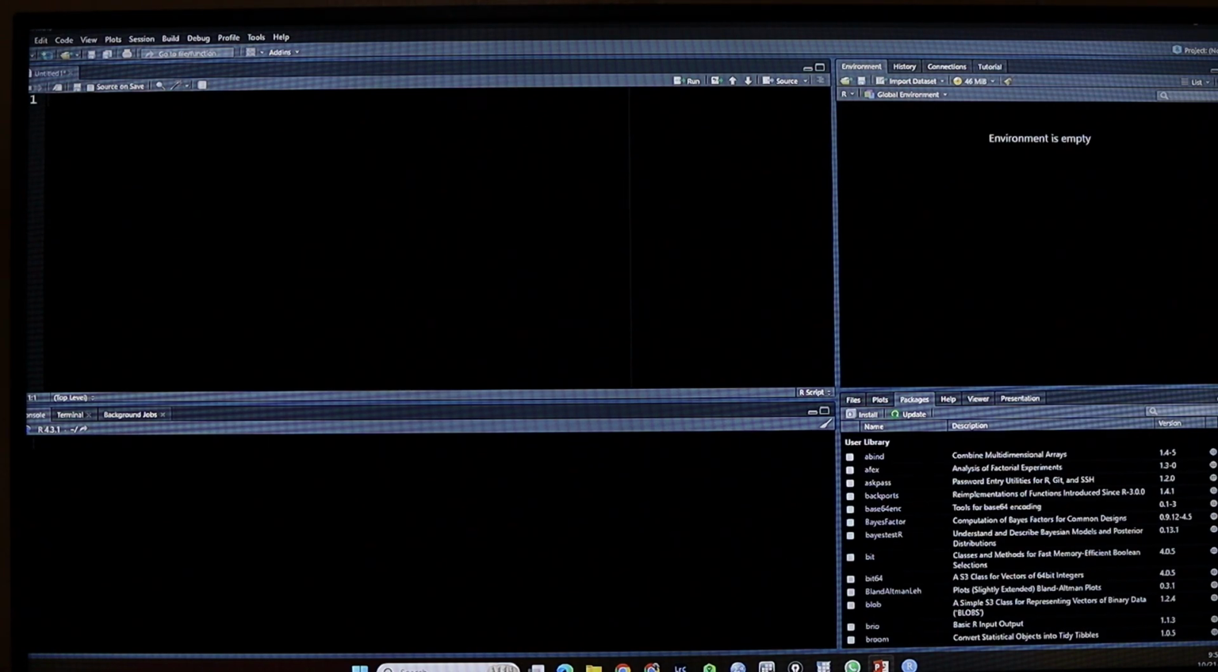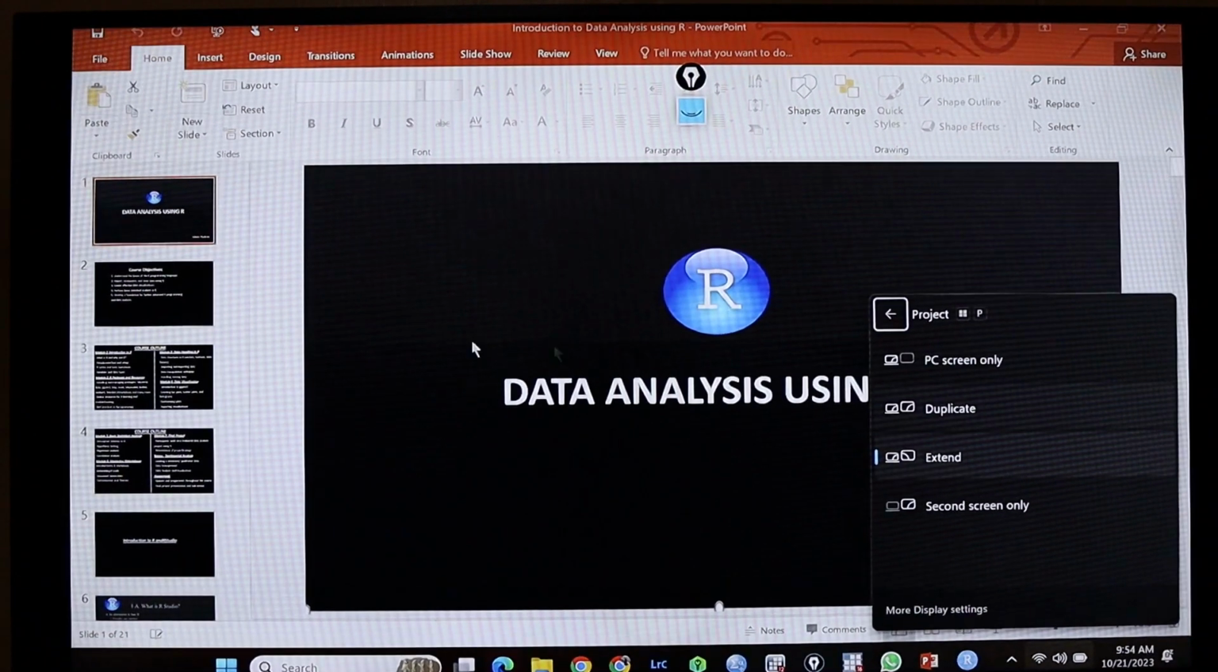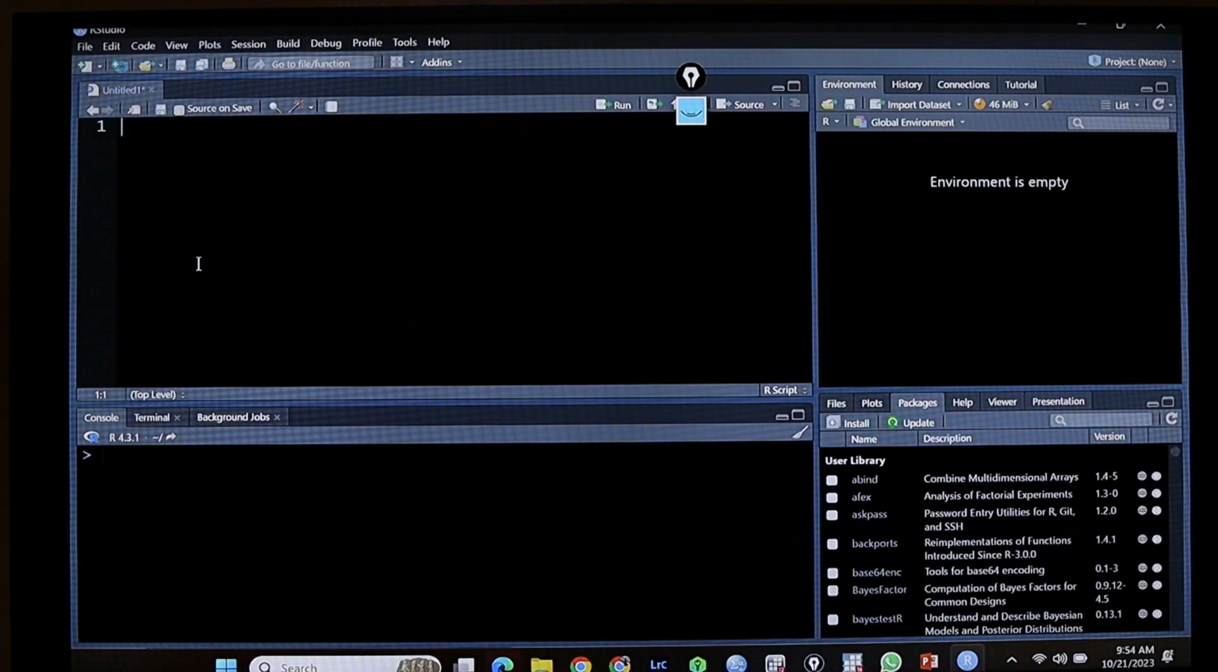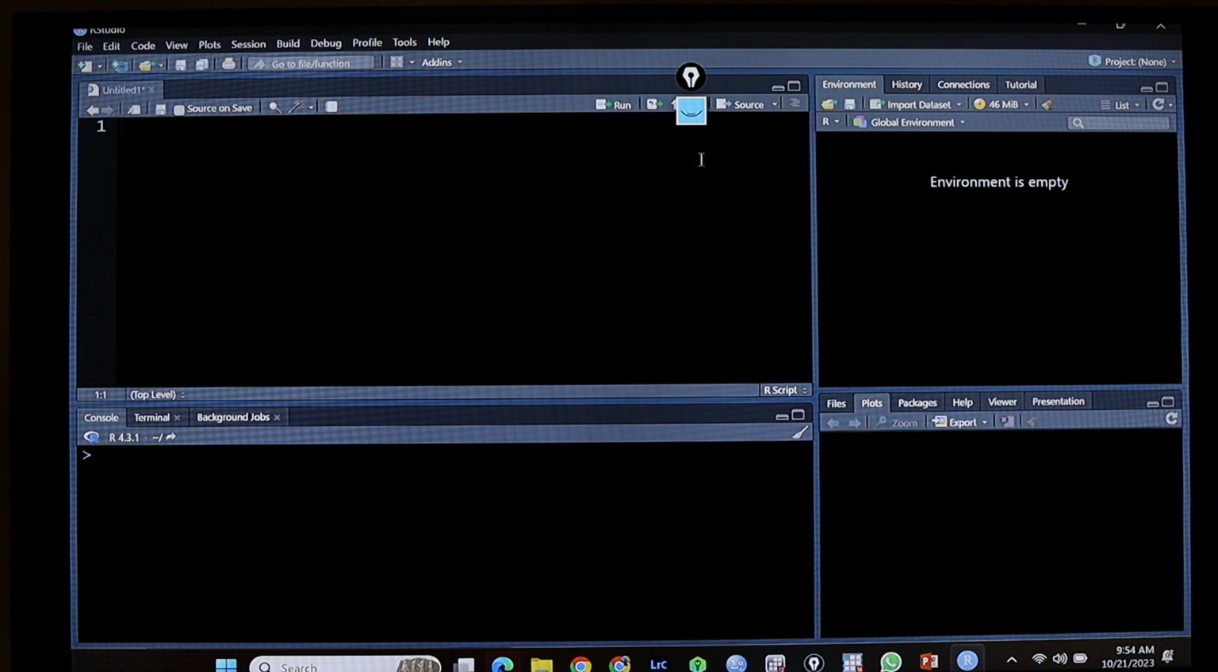So I'm going to introduce you to the R interface. The R interface has 4 screens. As you can see, we have the editor window where I've placed my cursor. This is the editor window. Below the editor window, we have the console window. This area here is our console window. After the console window, we have the environment window. And lastly, the plot window. We're going to look at these